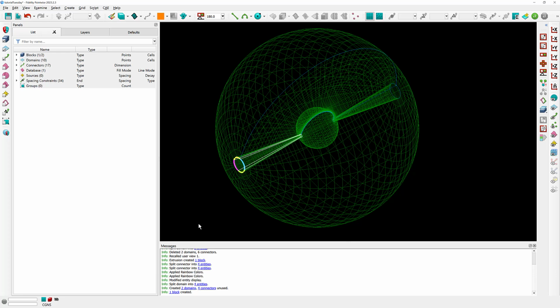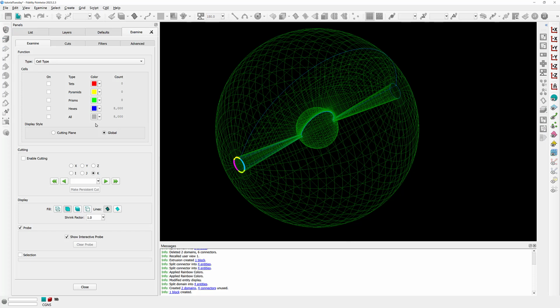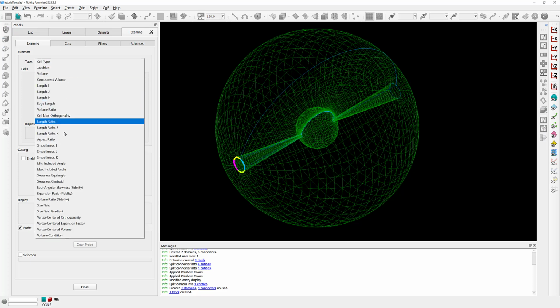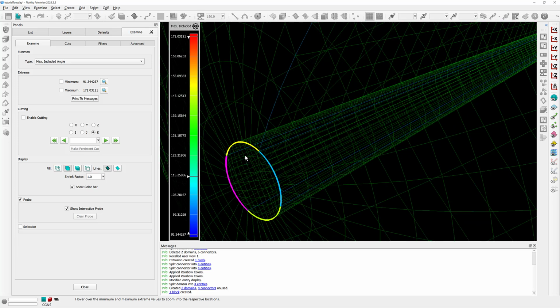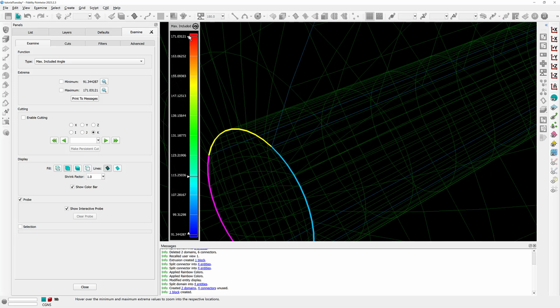Now, what is the deal with this particular block? Okay, so is the problem solved? I already don't have that kind of singularity. Well, let me show you. If you go again to the examine tools and use the maximum included angle, the only drawback of this particular block that I just created is that the maximum included angle of these cells is